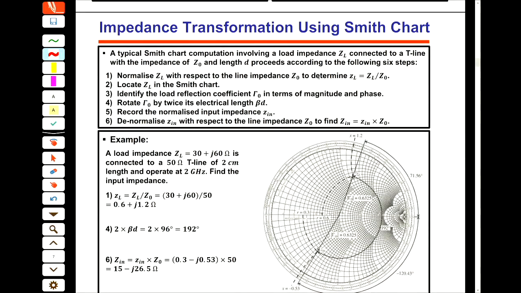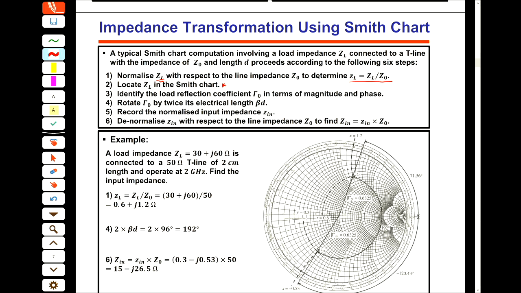So actually what I said is here in 6 steps, that if you find the input impedance of a transmission line which is terminated with ZL, first of all you need to do the normalization of the ZL. So you normalize the ZL and find the ZL with lowercase. Okay? And then we locate this ZL on the Smith chart. You know how you can locate.